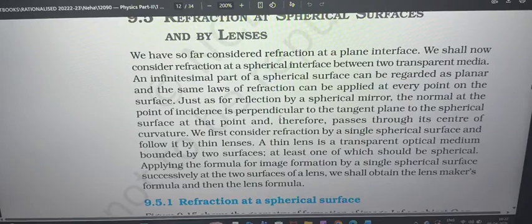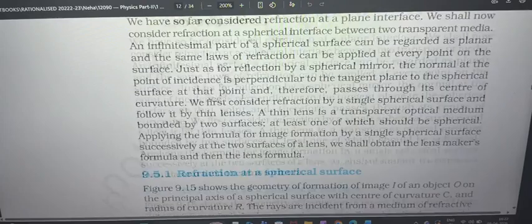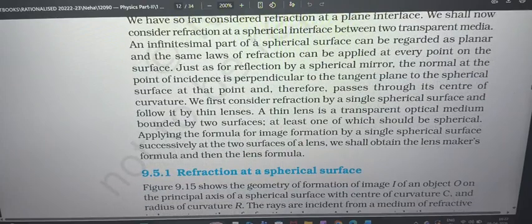It can be a mirror and light can refract through that. And we can normally follow the laws of refraction here also. Normal laws of refraction will work over here. Snell's law will also work over here. The only thing is that whenever we are taking the normal, just like we took in the case of a spherical mirror for reflection, we said that the normal should be taken along the center of curvature.